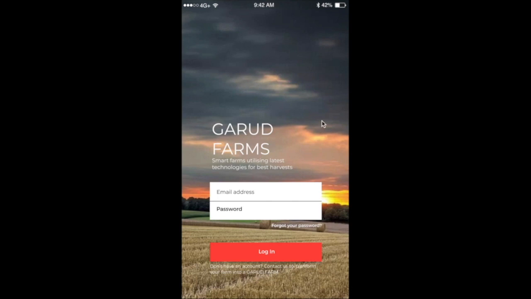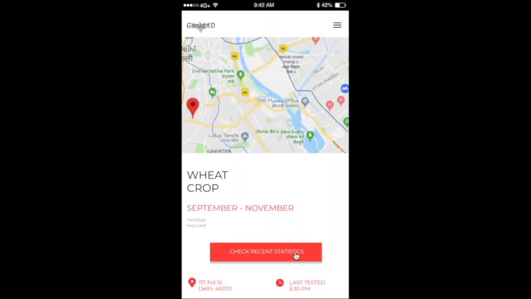After logging in, the farmer is taken to the very simple home screen which looks like this. We have decided to not show a lot of data on the home screen to unnecessarily confuse the farmer, but have kept it clean. The timing when Garud drone last collected data from the farm is displayed along with a bunch of other simple information like the farm's location, current crop season and a small notification in case any urgent action is required. Clicking on the hamburger menu button displays the full menu.